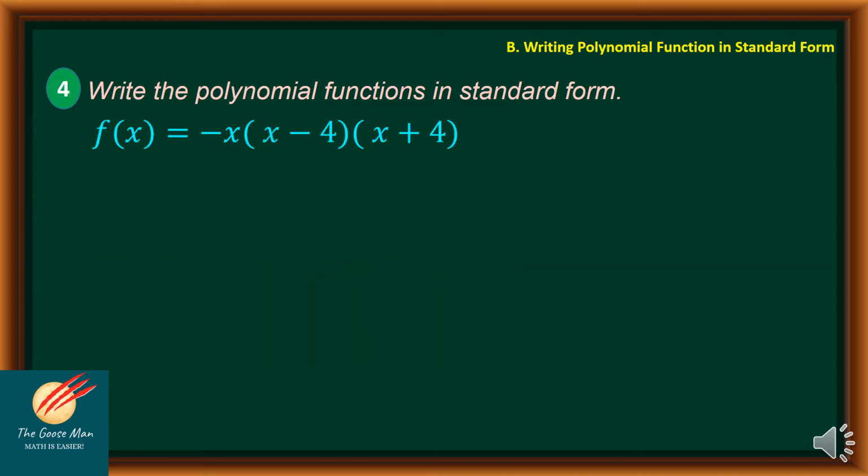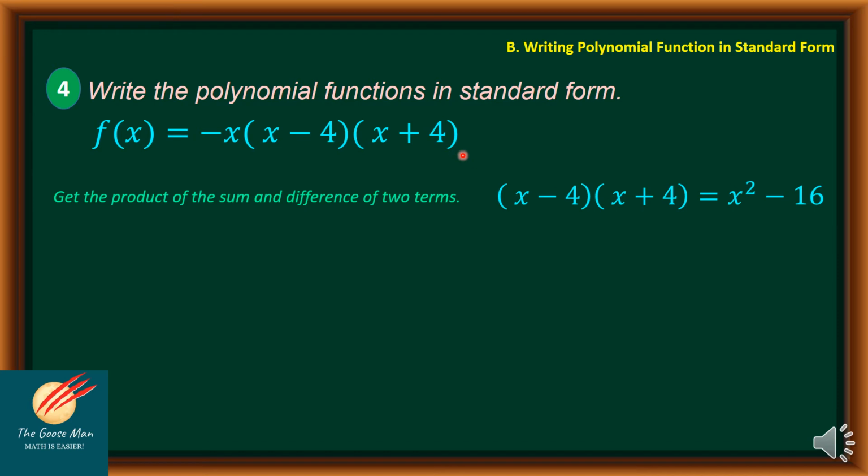Let us consider this example. F of x is equal to negative x times x minus 4 times x plus 4, and we would like to write this one in standard form. First, get the product of the sum and difference of two terms, meaning to say x minus 4 times x plus 4. Again, applying your knowledge of the FOIL method, we have x times x is actually x squared,